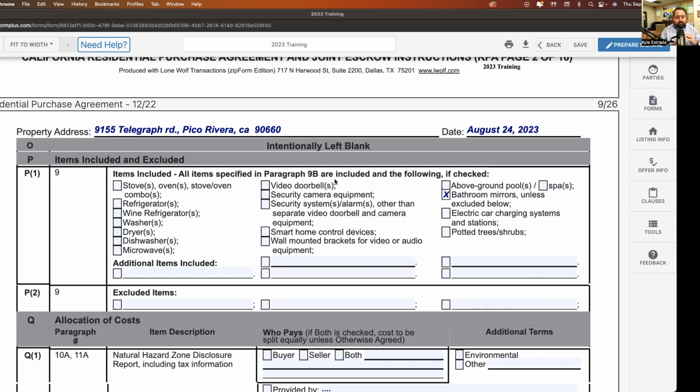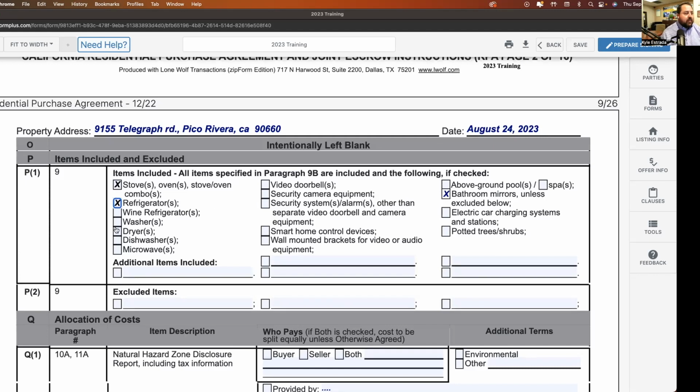So, buyer's agents, when you look at the MLS and they have listed in there included, excluded, I don't care that it's in the MLS. I don't care that it was on a flyer. I don't care that they told you over the phone. I don't care they told you in person at the open house that these things were included. They have to be checked. So if the stove and refrigerator and the washer and dryer are included, I have to check the box. I have to check the box, okay? Because if it's not here, right, it doesn't get included.